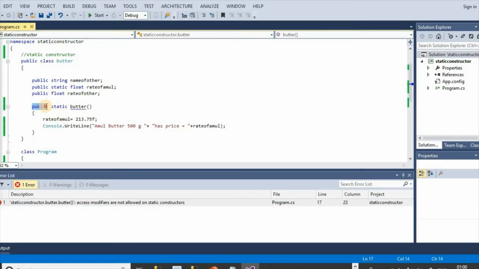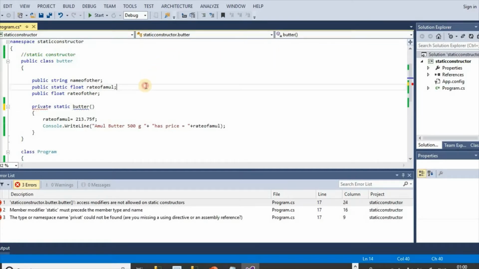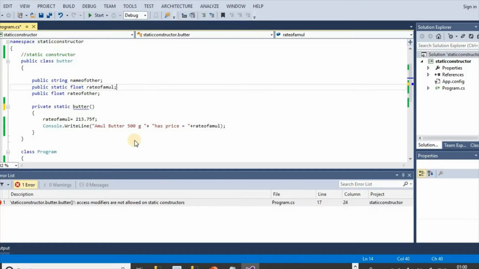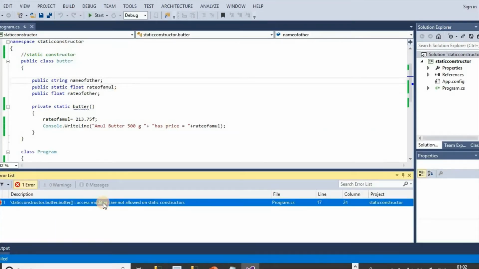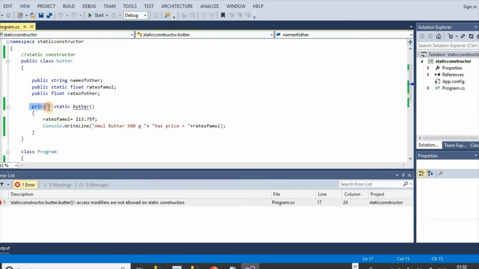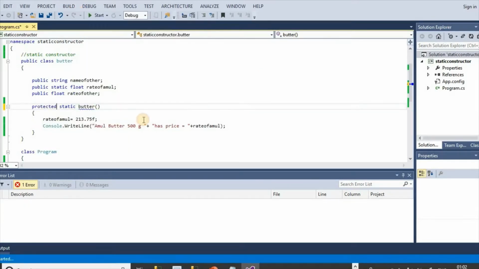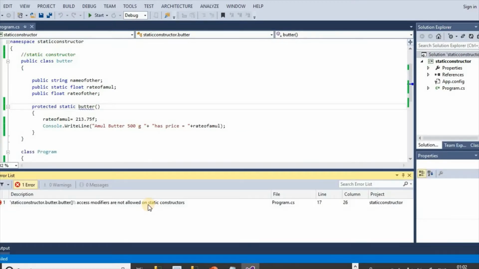If we give private here and build the solution, again access modifiers are not allowed on static constructors. If we give protected and build the solution, again the same error.